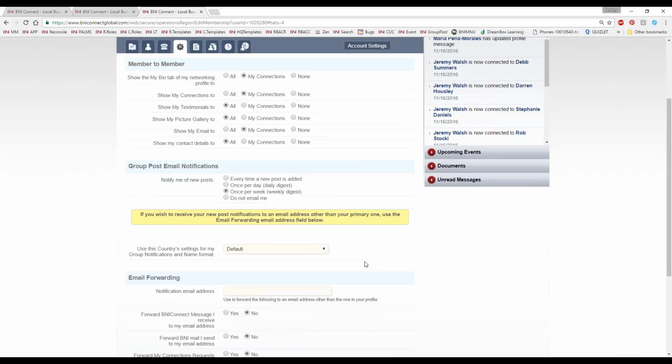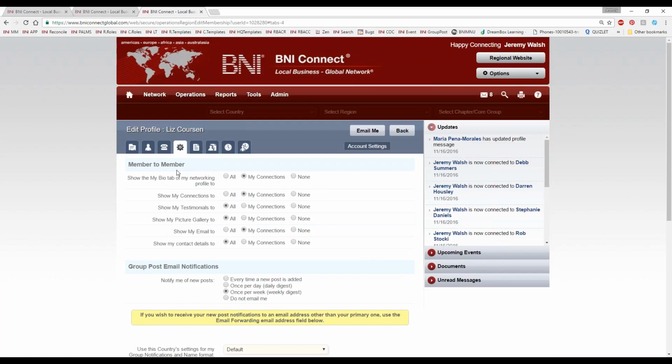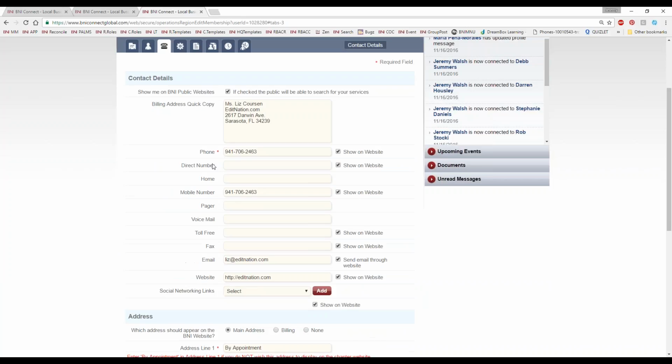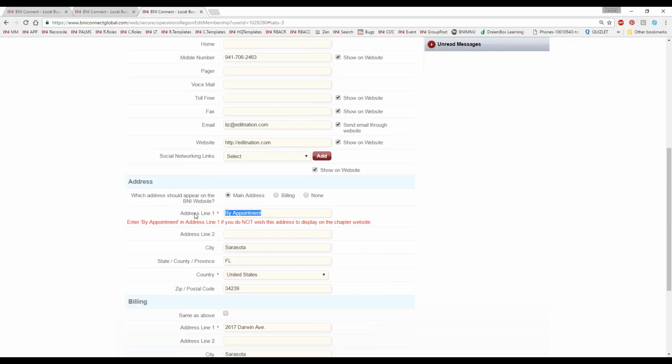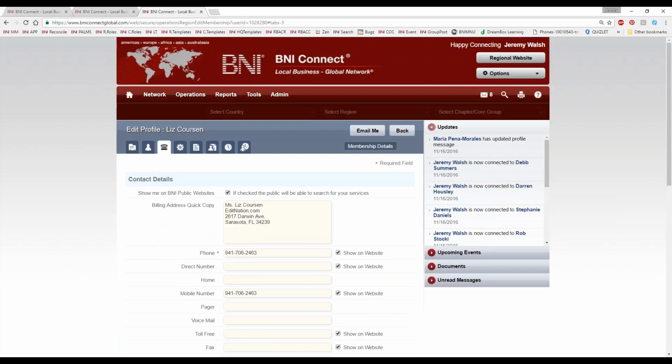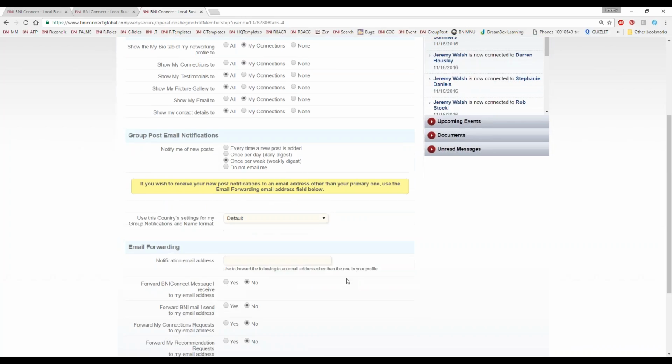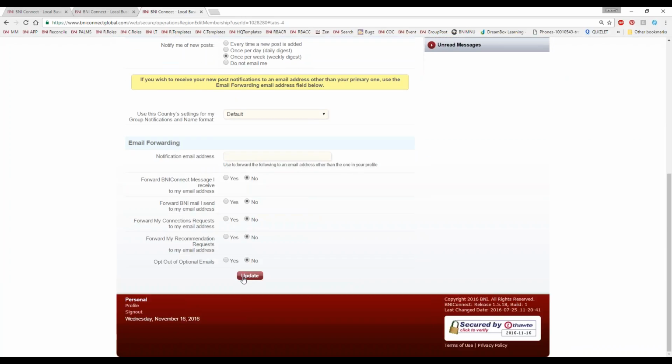Now, you may not want to share your address if you happen to have a home office. If you wanted to share your other contact details but not your home address, I would go to this tab and make sure that you have by appointment here. So that's great. I'm just going to show you what this looks like. If I click update